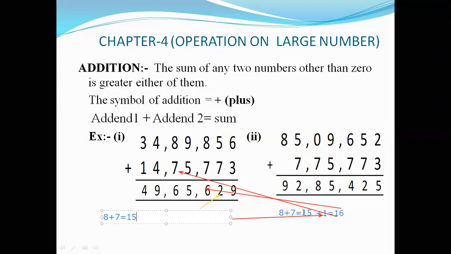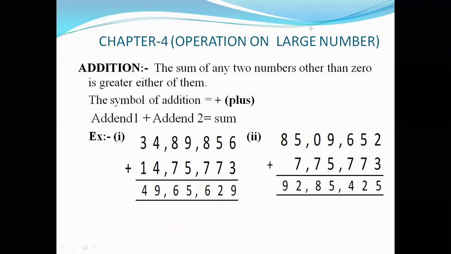Now 9 plus 5 we get 14, and once again the carried 1 is added here, and we get 15. This 5 is written here. In this way we proceed the same way and find the sum of these numbers. We also learned this in the previous classes, in class 4. Now we go to the next slide.